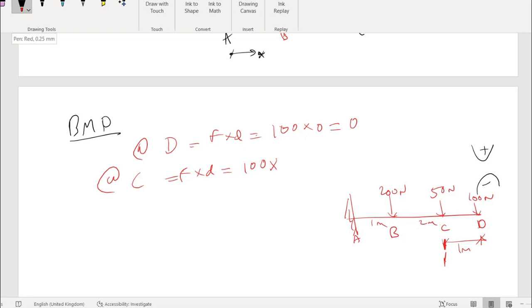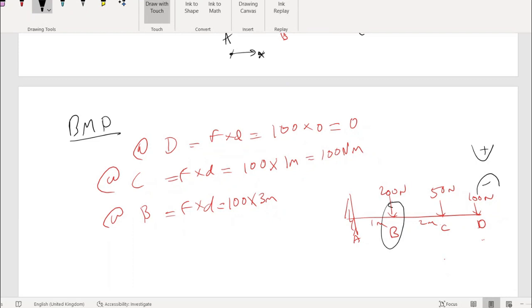So at C, resolve all the moments at C, taking all the loads and moments acting on its right hand side. On its right hand side, only 100 is acting at a distance of 1 meter. That's why 100 into 1 meter is equal to the clock, like this. 12, 3, 6, 9. Okay. When you are moving, it's clockwise or anti-clockwise, you can follow now. I'm standing at B and calculating. 100, this way is clockwise, positive. 50, positive.